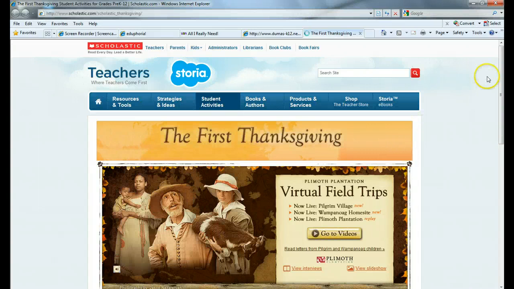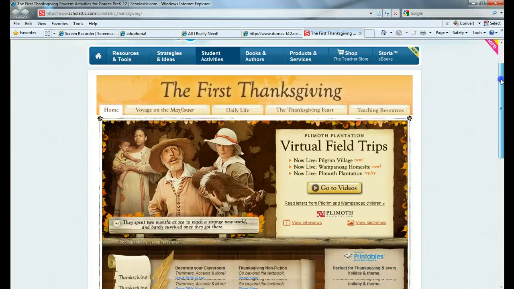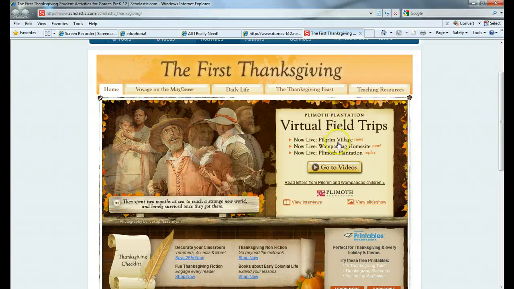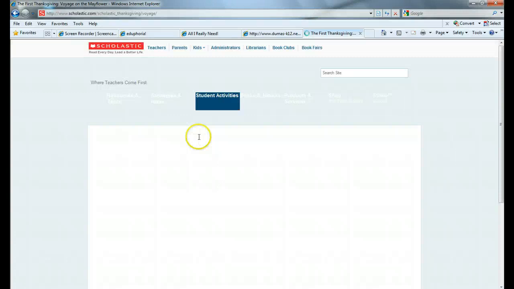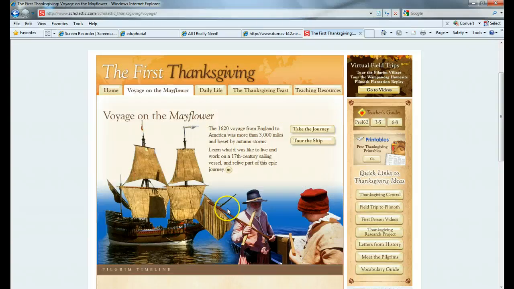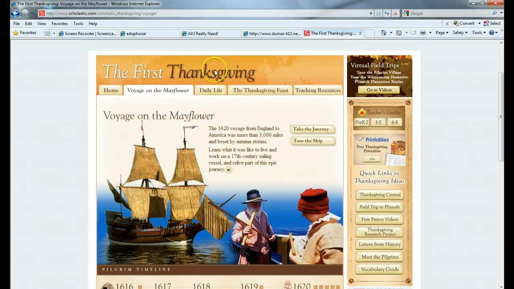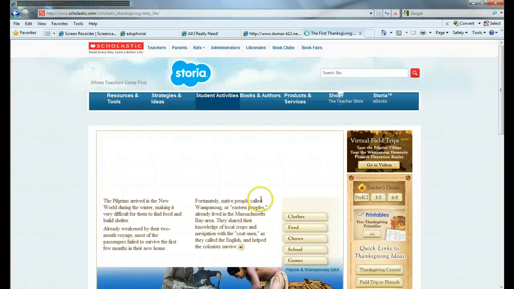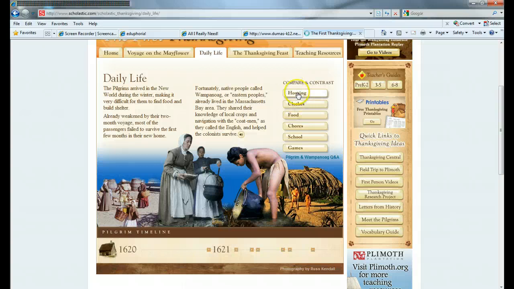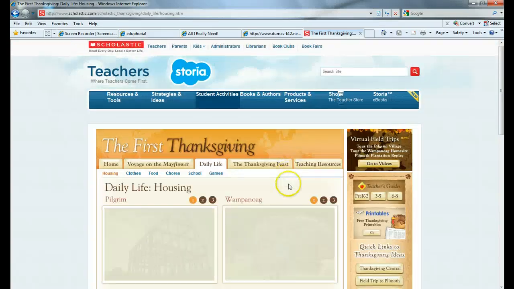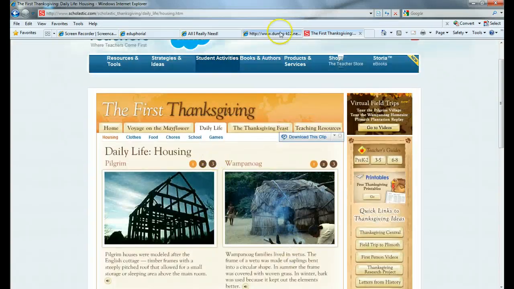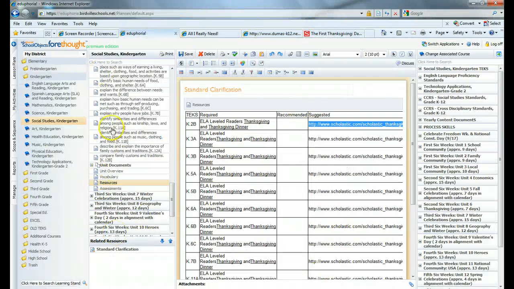The website has the first Thanksgiving on it. It talks about virtual field trips. You can take a voyage on the Mayflower. I have a lesson plan activity for you in here as well that has similar things. Look, here's your timeline. See, we've been talking about making sure timelines get in. It has daily life. You can talk about housing. It's linked up. So this is something that I think would be really helpful for your students and for you to use. And when you go into these,